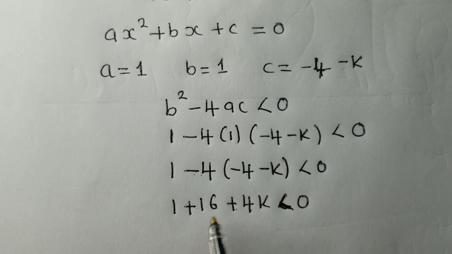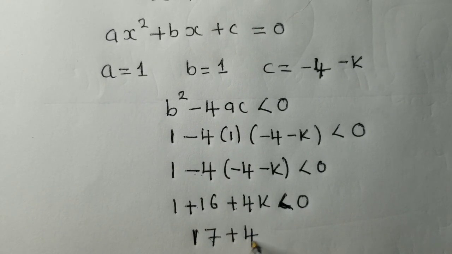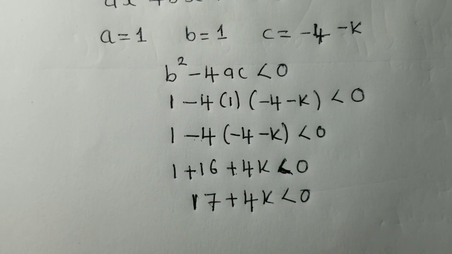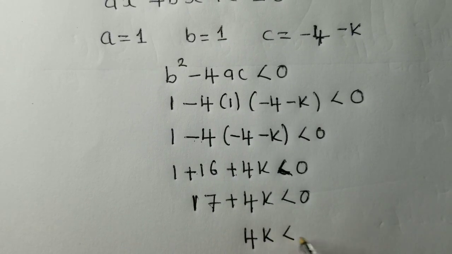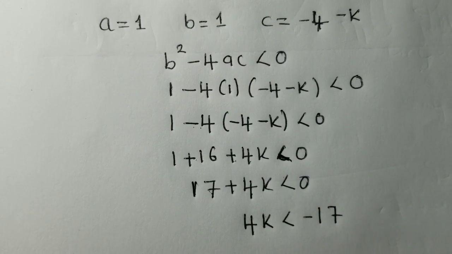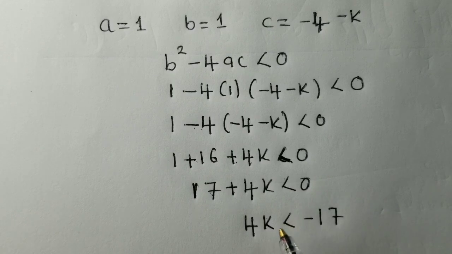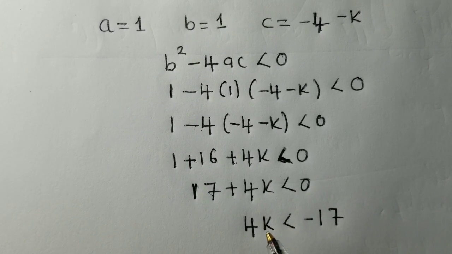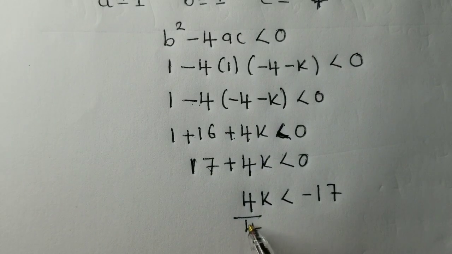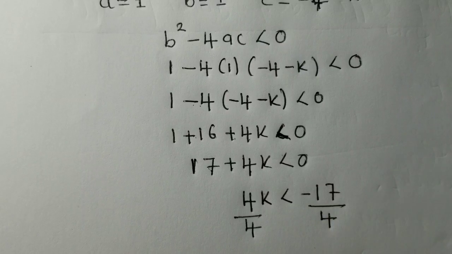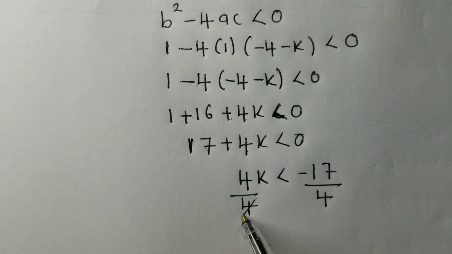So now here we have 17 plus 4k is less than 0. The next thing here will just be to group the like terms. So we have 4k less than 0 minus 17. So this 17 will cross the equal sign, it will be negative 17. Next will just be to divide by 4 throughout, so that we get the value of k. Remember the question wanted